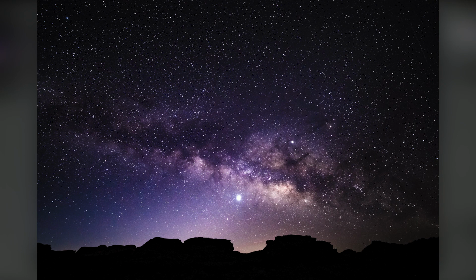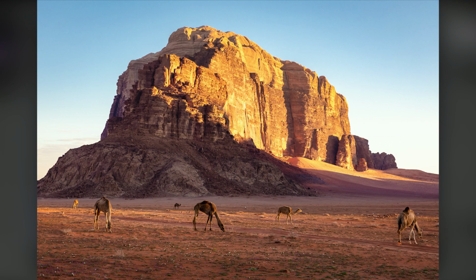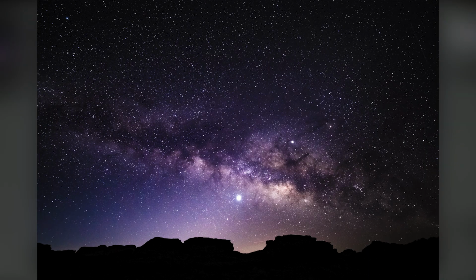And this was my favorite photo of the Milky Way during the night. Two very different approaches, looking for two different things in the scenes when it comes to weather and conditions. But ultimately, getting up at 4 o'clock, 3:30 in the morning, getting in a Jeep in the freezing cold, driving out, trying to find a location, fingers are freezing off because you have to get your gloves off and adjust the camera controls. It's all hard work,